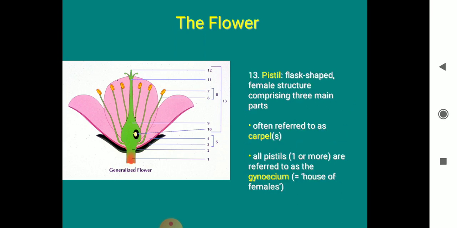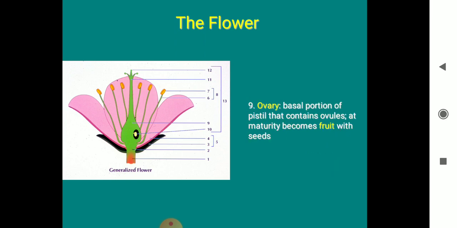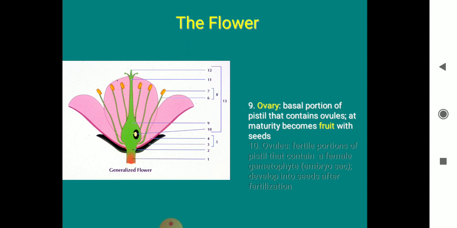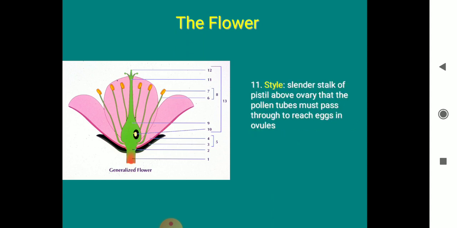Next is the gynoecium. The single whorl is referred to as the pistil. The gynoecium is the female reproductive structure where fertilization occurs, and the center portion of the gynoecium is referred to as the ovary. After fertilization the zygote is formed in the ovary, and at maturity the fruit is formed. Through fertilization the seeds will be formed.